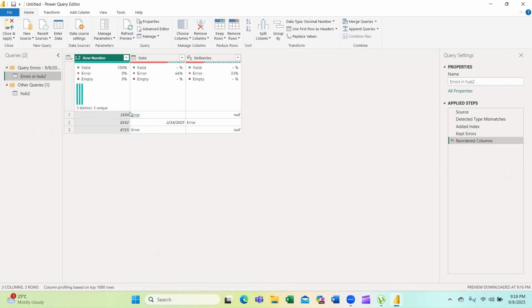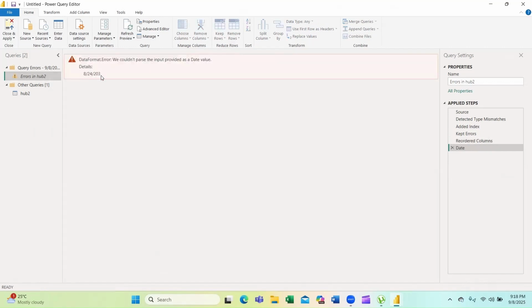If I click, I see that I have an error on row 1634, 8242, and so on. So here is the error. If I click on this error, I will see what the problem is. We can see here that someone inserted the date wrong. It's missing the year here. If I go back